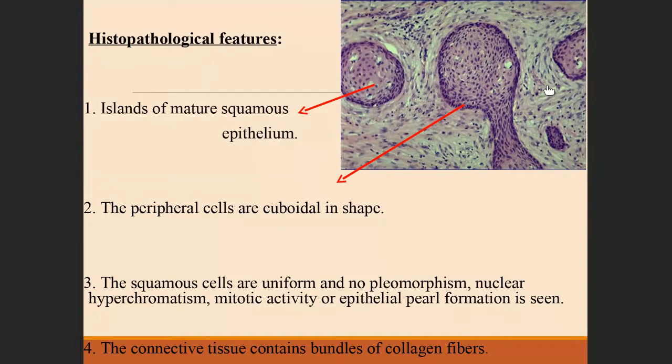Okay. So how will you differentiate this one from acanthomatous ameloblastoma? First one. In acanthomatous, same, you can see the squamous cells in the center, but they'll be bordered by ameloblast-like cells, whereas here the cells are cuboidal. Okay, so immediately you can rule out it is not acanthomatous ameloblastoma. Second thing is squamous cell carcinoma. How will you rule out squamous cell carcinoma? If you see these islands, squamous cells, they're all normal squamous cells, whereas you know that squamous cell carcinoma is a malignant epithelial tumor. So you should expect dysplastic or atypical features.